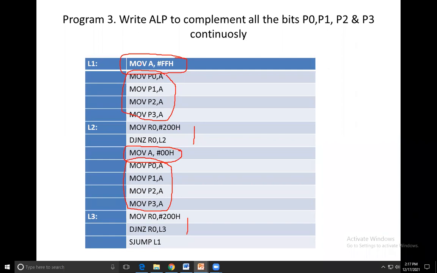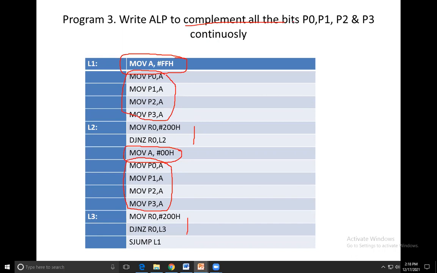You can reduce the length of this program by using jump instructions, but we are not doing this for simple programming. We have to use a delay for each and every part. You can understand the logic, and by giving the jump instruction you can also reduce the length of the program. But this is just a simple third program. So see the program.